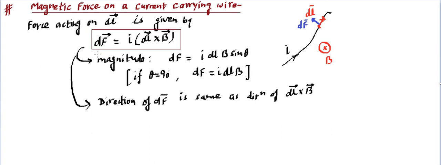Now by this formula we will be able to find out the force, magnitude and direction only for this small element, but if we need to find the force on this entire wire, we know what to do. For that sake we need to go for this. We can say net force. If we are looking for net force, force is a vector quantity, it has to be added up vectorially.